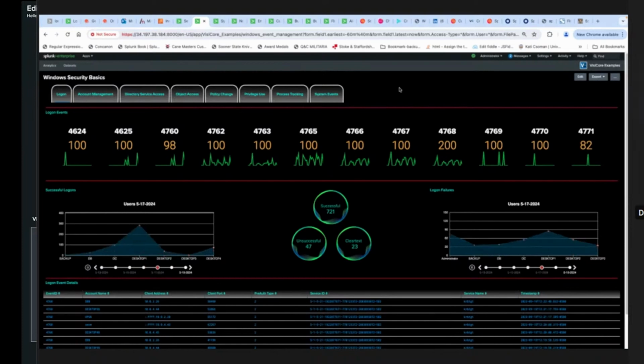This one is organized around Windows events. And typically in Splunk, it's very difficult if you start putting data in front of a customer and the data is too big to fit onto the screen. It's either endless scrolling or you happen to click on it and you go to a new page.